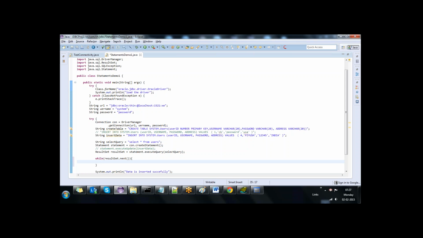When the result set is opened, next point. When the result set is opened, it will point to the before first row. When our application calls the resultSet dot next method, we can make the result set point to